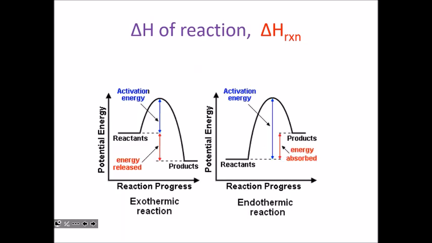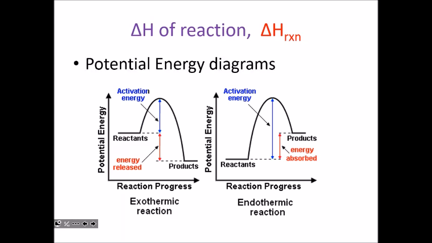Now, you probably remember these from last year. These are potential energy diagrams. Okay? And you do need to know how to read them and know which one's exothermic, which one's endothermic. Because sometimes they give you the reaction and the delta H right next to it. Sometimes, though, they provide you one of the potential energy diagrams, and that's supposed to tell you, based off of your analyzing of it, whether you're dealing with an exo or endothermic, so you know how to put the sign